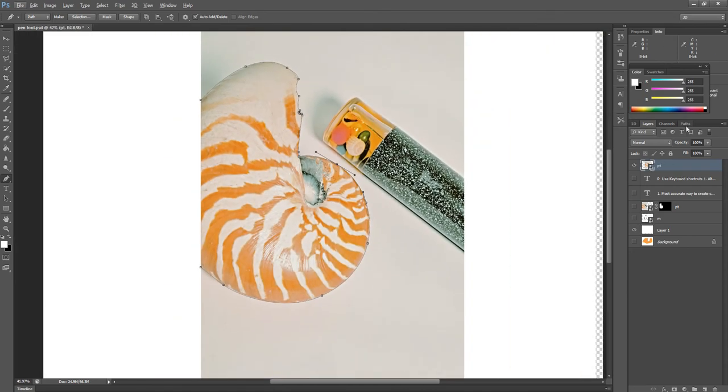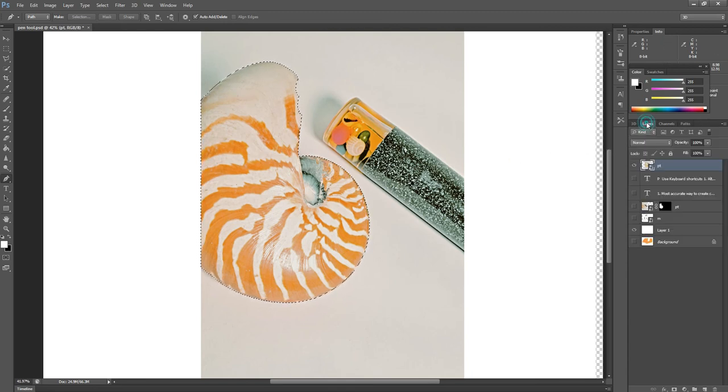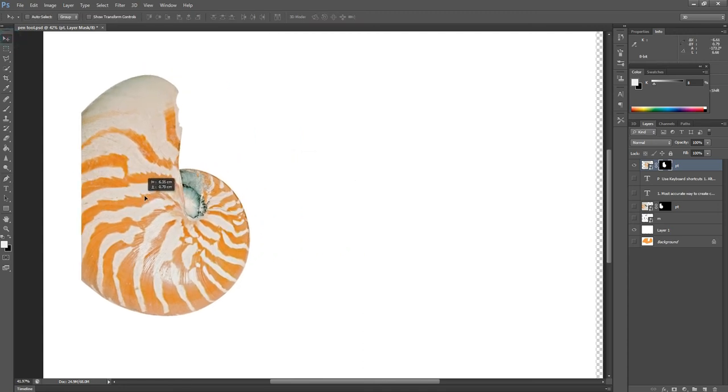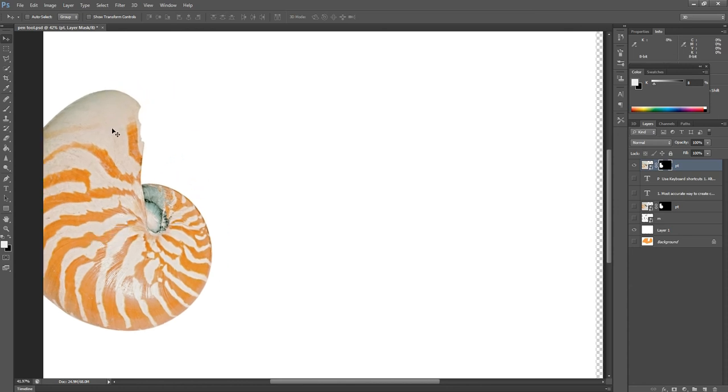Then go to the paths panel and select the whole image through the control key and press here on the layers. So this is our selection. When we want to cut out this selection, just go to the layers panel, where we also have the option of mask here. When we press the mask, this way we can cut out only this selection, and we can also place the selection on the side that is cut out, so that it looks like the original.